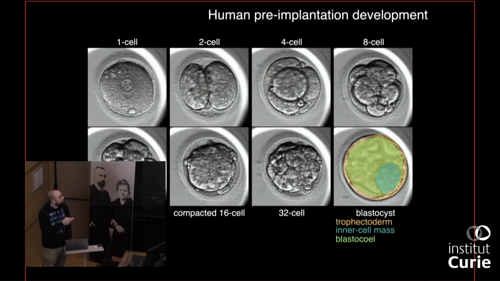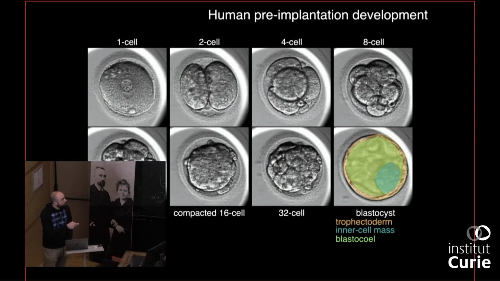And so these are just, again, the key steps that you've seen. The embryo goes from the zygote stage all the way to the blastocyst stage. And the blastocyst has this very specific architecture with a tissue on the outside, which is called the trophectoderm. It's a squamous epithelium. It envelopes a fluid-filled lumen called the blastocoel, in green. And then there's this cluster of cells here in blue, which is called the inner cell mass. The cluster of cells here will give rise to all of the cells of the human body. These are pluripotent stem cells, which can differentiate into all of the cells that our body needs.